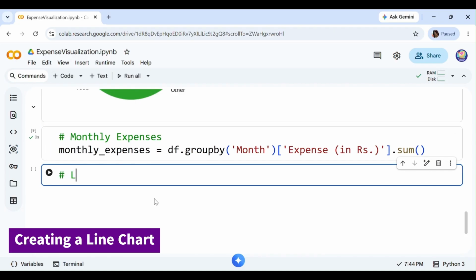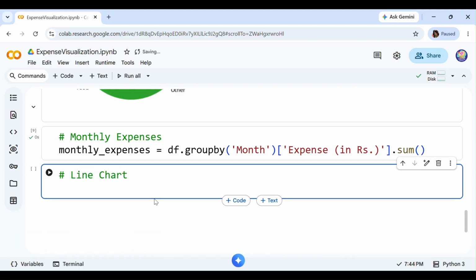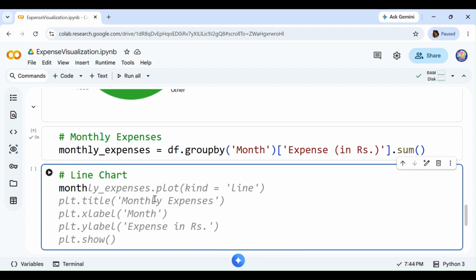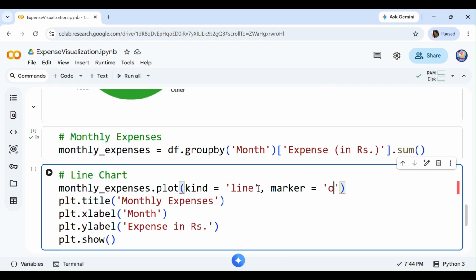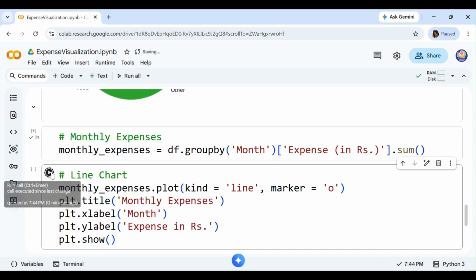Next we are going to create a line graph or line chart, as you may call it. So I am going to call monthly_expenses.plot, kind equal to line, and here I also pass marker equal to 'o'. So I want to show specific points on the line graph, and for that we have marker. Then we set the title as Monthly Expenses, and then the X label is Month, the Y label is Expense in Rupees, and then we call the show function. Let's run the cell,